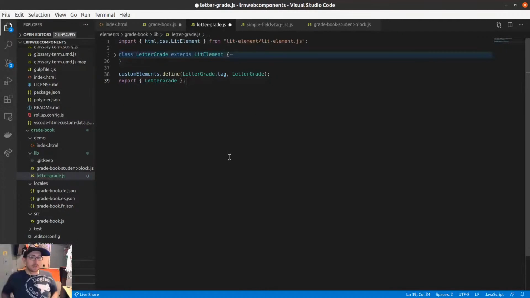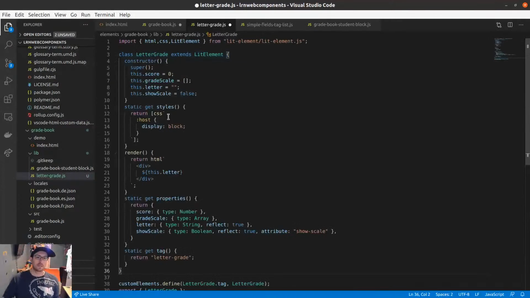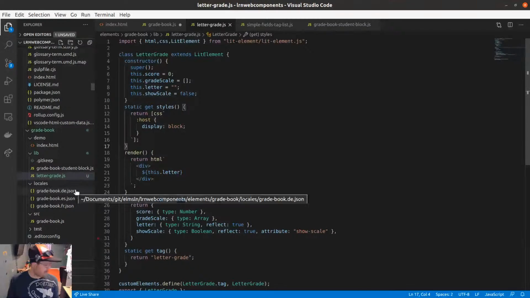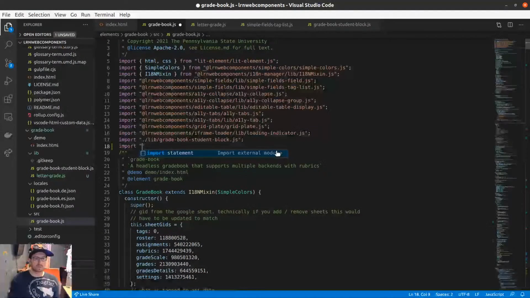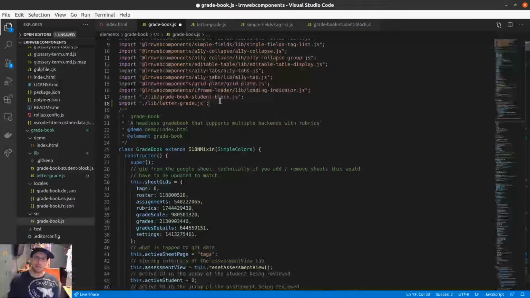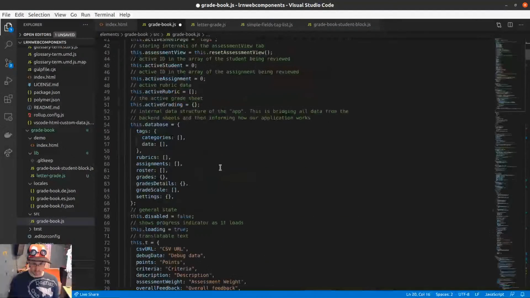So now letter grade can just be used as a class object, or it's going to be defined in the page whenever someone actually implements it. So let's take this letter grade tag. We're going to throw it into gradebook here. Okay, import letter grade. All right. Got letter grade going on,